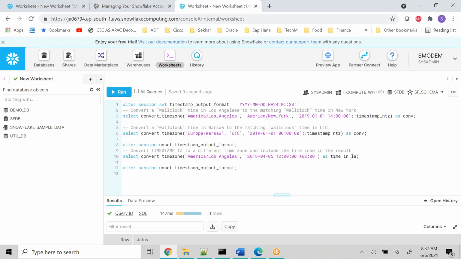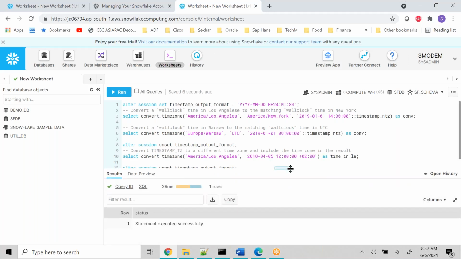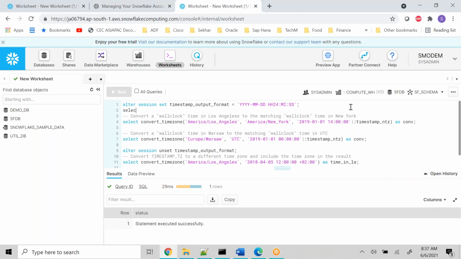Alter session set timestamp output format. This one, and then select current timestamp. So it shows you in this particular format. If you go and modify this, right, DDMONYY, for example,